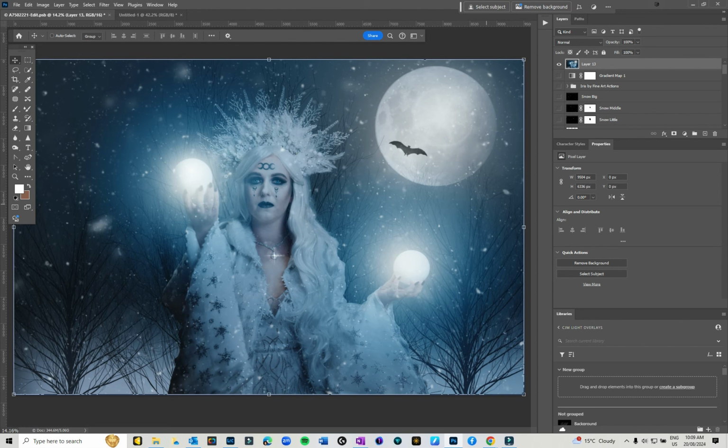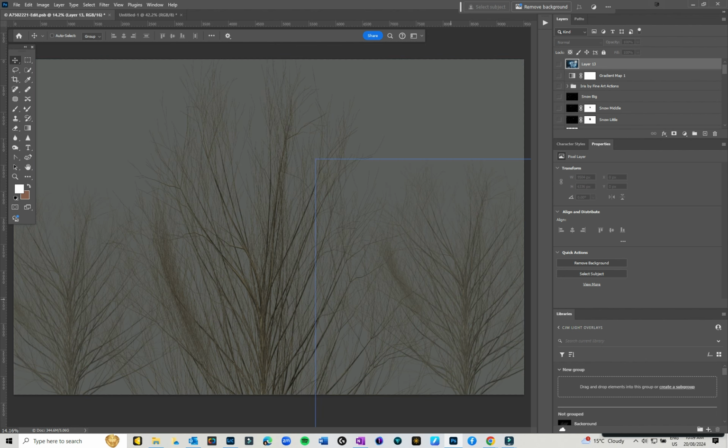In today's video I'm just going to show you how to add some trees to an image like this. This was just captured in studio on a grey background, but I wanted to have a very wintry look to it, so I had some bare trees and snow and moonlight and all the rest of it. I'm going to do a video later on how I created this piece totally, but I just wanted to show you how you can add some trees